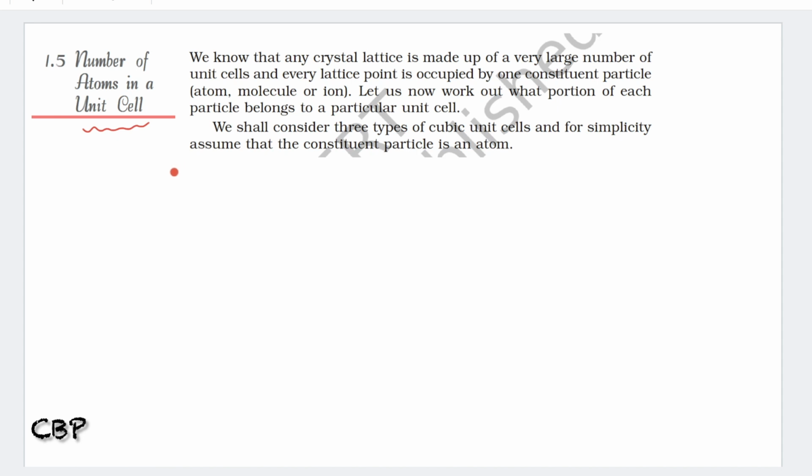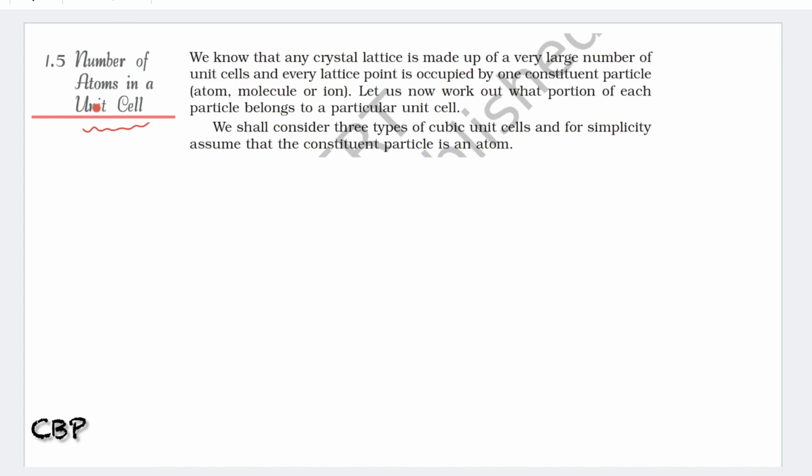It is a repeated unit of a lattice, which is present in 3D form. And we can study only a unit cell of a lattice. When we study this unit cell and its symmetry, we can work out the symmetry of the whole crystal, that is, the structure of that lattice, because from this unit cell a complete lattice or a complete crystal is formed.